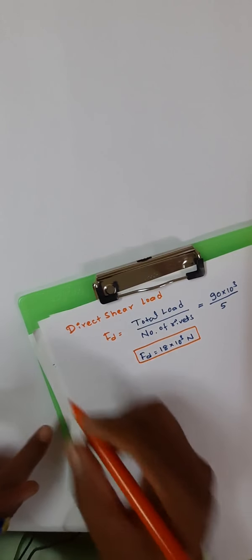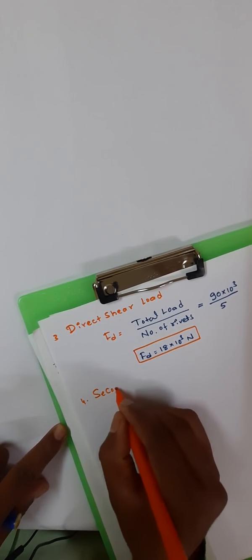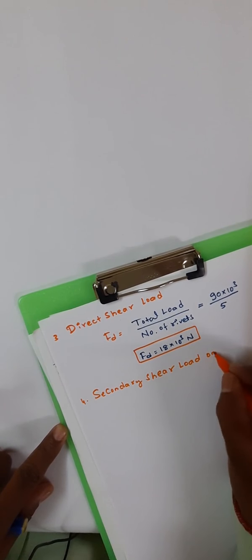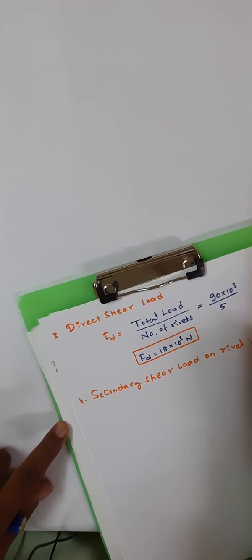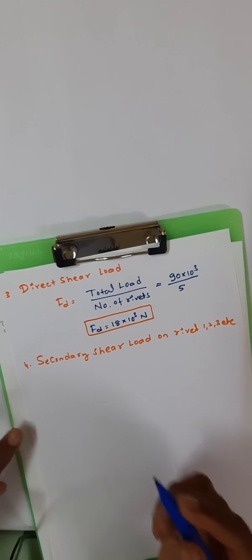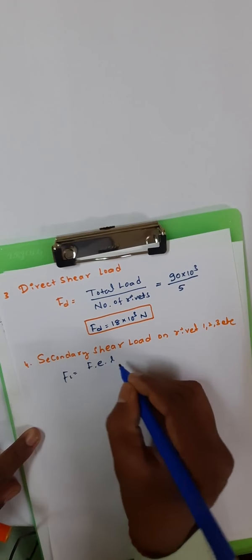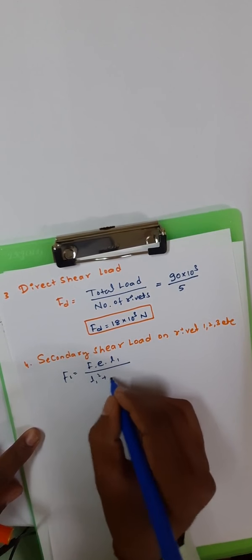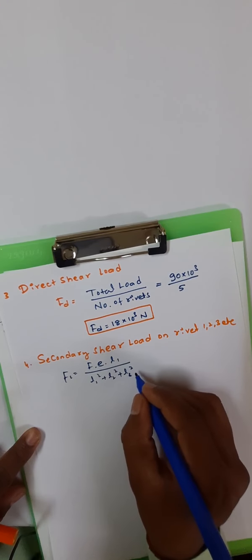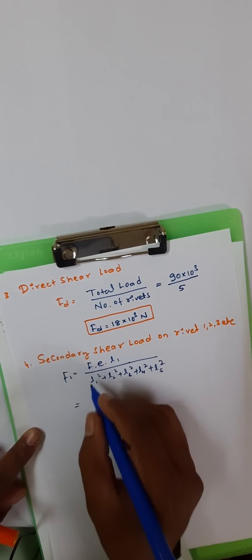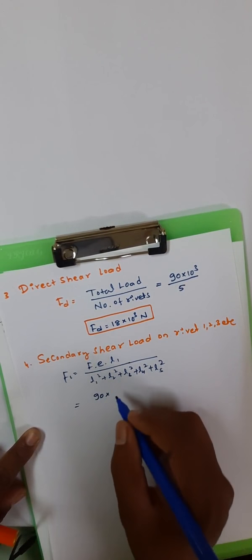In the same way, here we need to find the secondary shear load on rivet 1, 2, 3, etc. So F1 is equal to the equation F into E into L1 divided by L1 square plus L2 square plus L3 square plus L4 square plus L5 square. So if you substitute all the values,